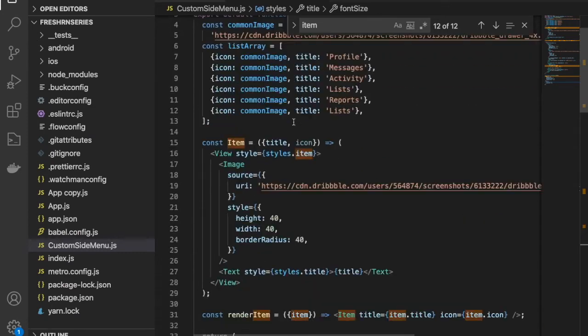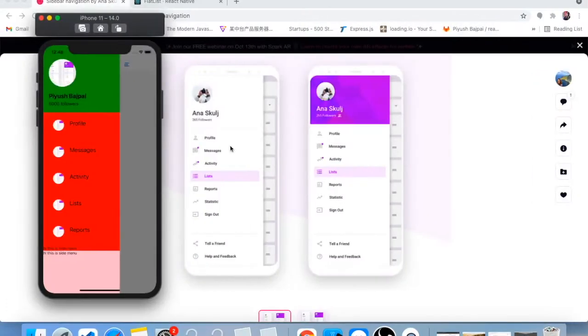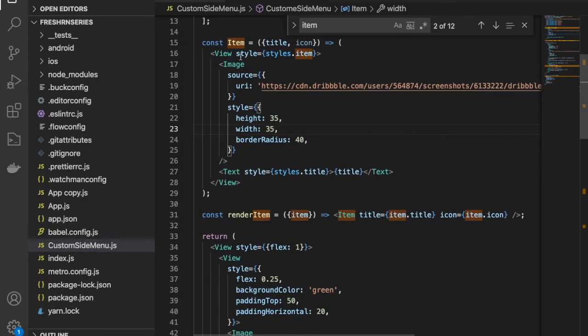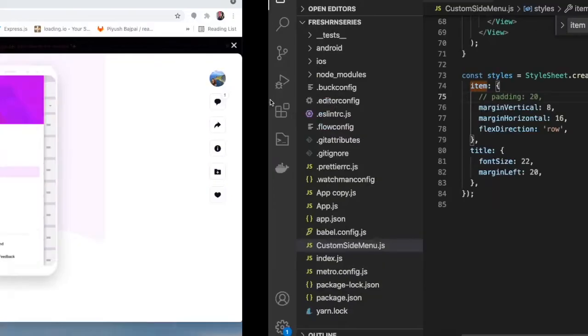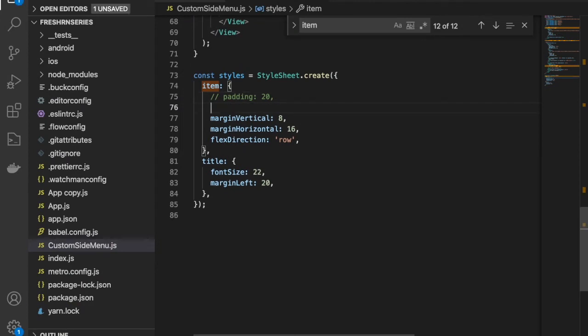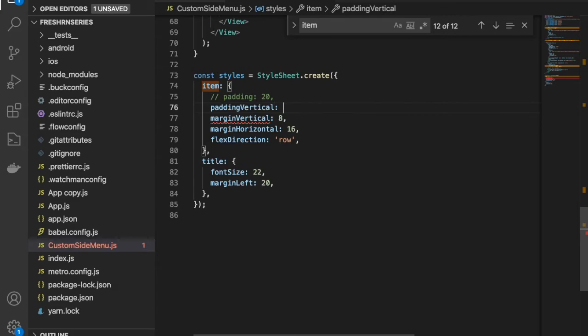I want to reduce the size of this icon as well, 35 by 35, 40. Fantastic. So here we have this item, we don't want to give this 20 padding. I want to give some vertical padding, let's say 10.